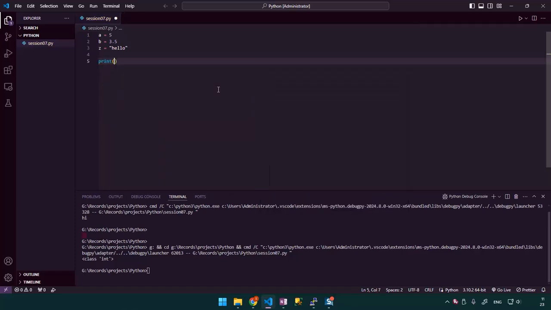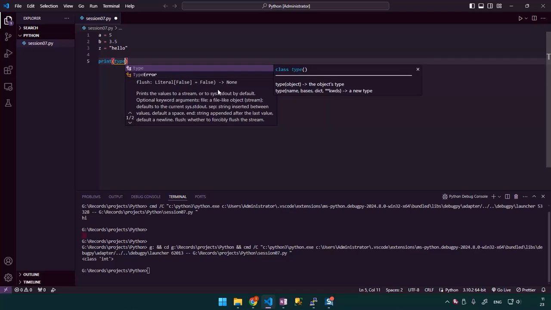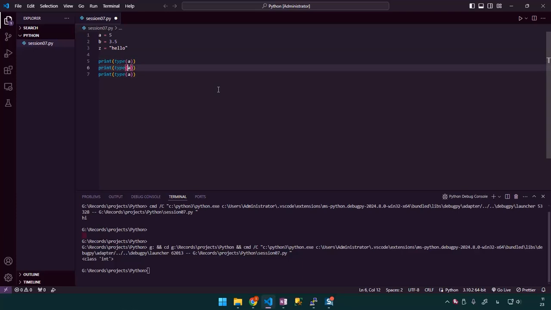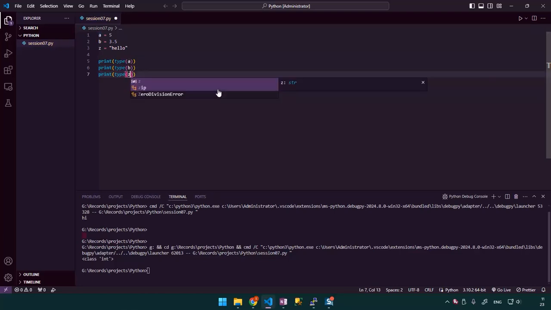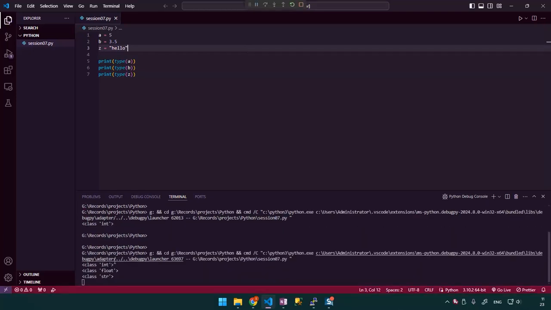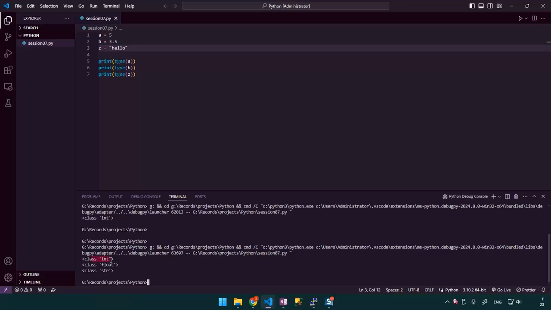So say print, the function name is type, and give it A. I'm going to copy this line, B, and Z. So let's hit F5 to run the program. And if you look at here, we have class int for integer, class float, and class str for a string. So therefore, whenever you have data in your program, that data has a type.